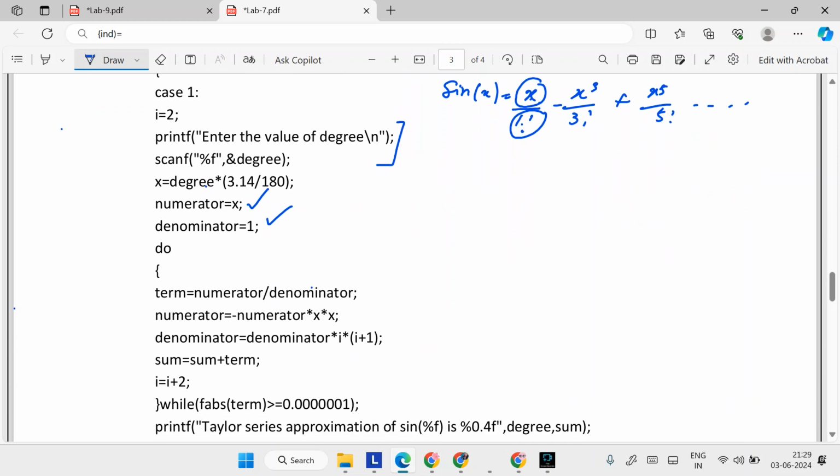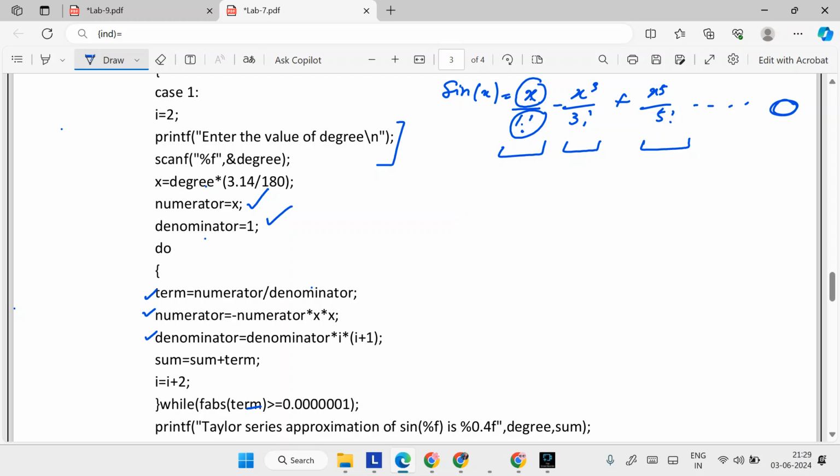Till where will the loop continue? See, first it will calculate for this, then it will calculate for this, then for this, till the value becomes 0. So I have written, see, as long as the term has a value greater than 0, it will go on calculating. Now you see this step. Term is equal to numerator by denominator. I have calculated numerator, then denominator, and I am combining it using term equals numerator by denominator. Next, I am calculating the numerator and denominator for other terms.